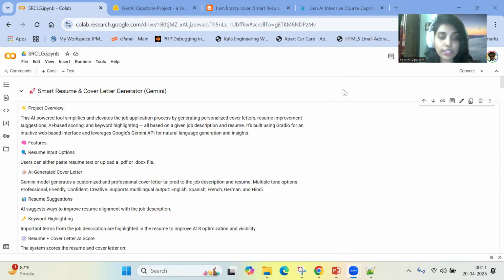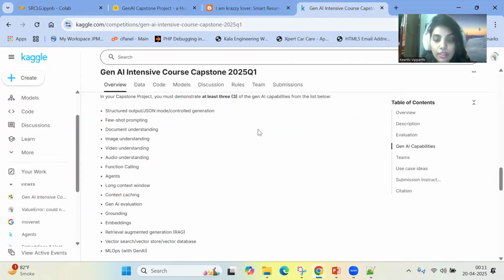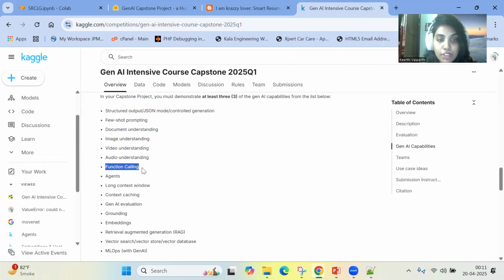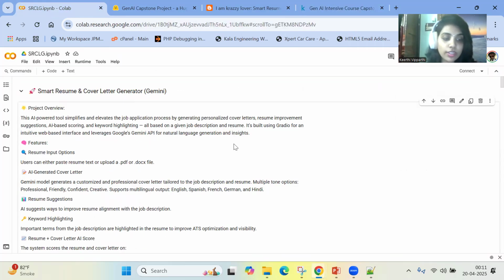As a capstone project, my team, Mr. Irfan, and I have built something meaningful and inspired by those sessions. We are using the Gemini capabilities from what we got from the Kaggle sessions: document understanding, few-shot prompting, function calling, and Gemini evaluation. At last, we are using retrieval augmented generation, RAG. So it's called Smart Resume and Cover Letter Generator with Gemini,